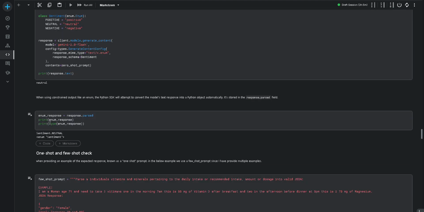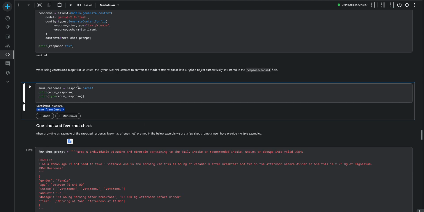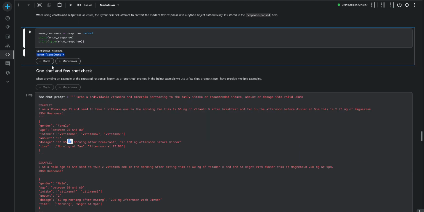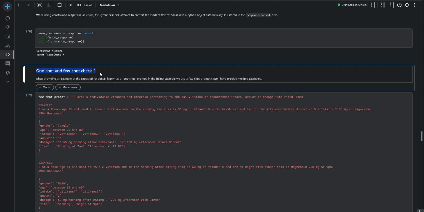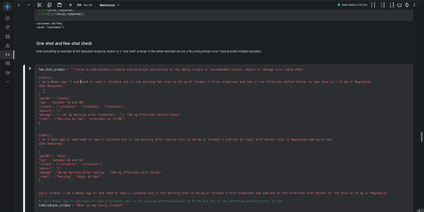And furthermore, I've utilized the same output where we've printed the sentiment as neutral and the enum sentiment. So we've passed that response. Moving on from zero shot and few shot check, where I've illustrated a few shot prompt here,